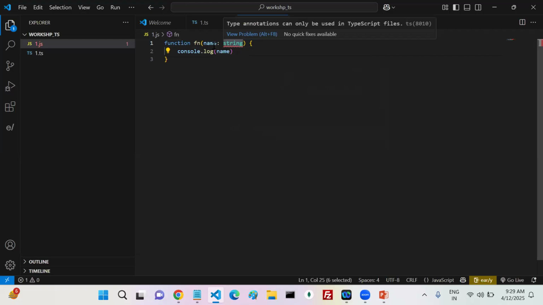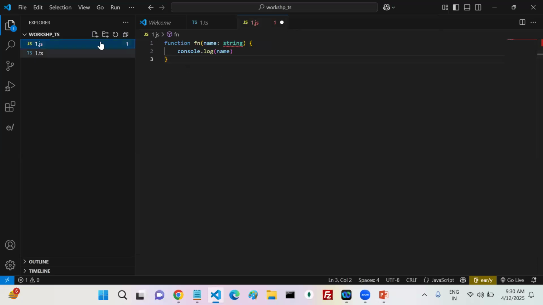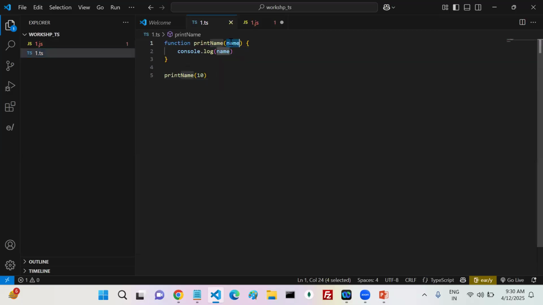For this variable I mentioned the type as string. Now see, syntactically it is wrong, it is showing a red underline. It shows an error saying type annotations can be used only in TypeScript files. Did you get any error in the TypeScript file? No, right?